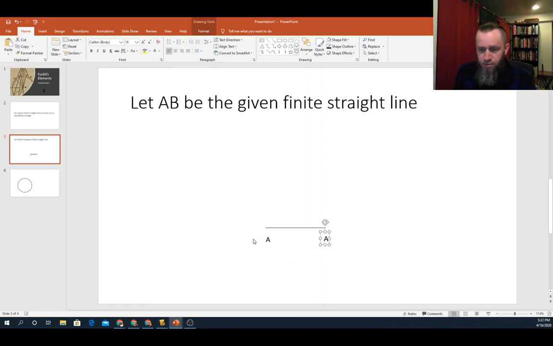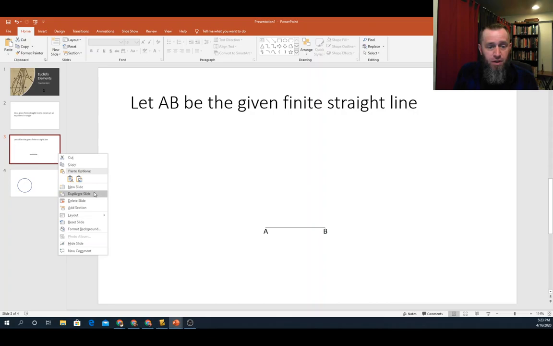Let me get it all lined up. There we go. Except this isn't an A, that's B. So the two points at the end that are the extremities of the line are A and B. So this is line AB, except the A and the B seem really low. Let's get those a little bit closer to the line. I like that better. So there's line AB. That's the first thing we have to do. Done. Now I'm just going to copy this slide